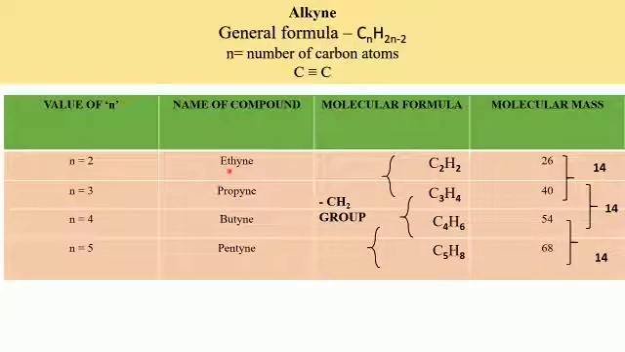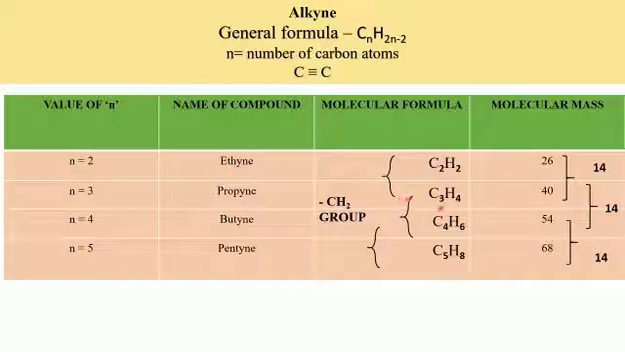So it will have the root word eth and the suffix would be "-yne", that is YNE, which will indicate the type of bond, that is a triple bond. So we get YNE from the last 3 letters here, YNE of alkyne. Molecular mass is 26. When the value of n is equal to 3, that is 3 carbon atoms will be